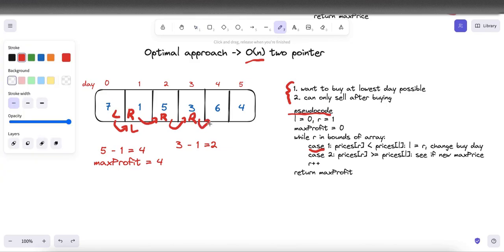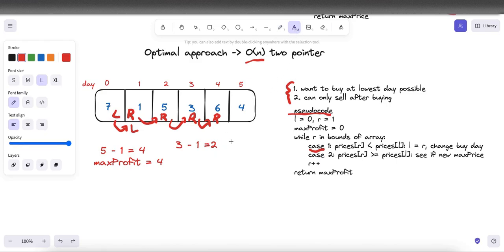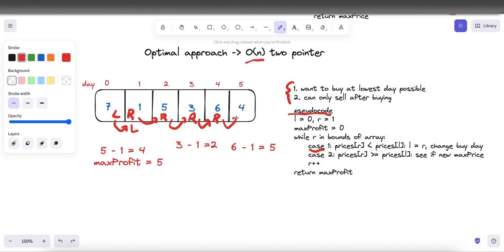Again, we move our right pointer for our next iteration, and once again, our right pointer points at a value greater than our left pointer, so we know we can make a profit. We calculate again this profit as 6 minus 1, which is equal to 5, and because this beats our current max profit, we update it. Finally, we move our right pointer for one last time, and once again, this points at a value greater than our left pointer. However, when calculating our profit, it does not beat our current max profit, so we do not update the value. At the end, we find that our value is a max profit of 5, and we return